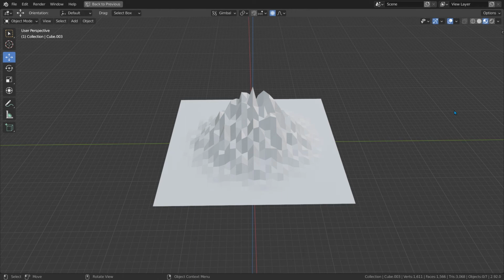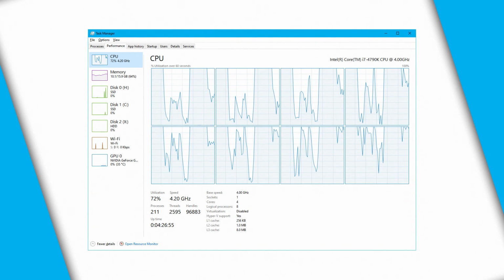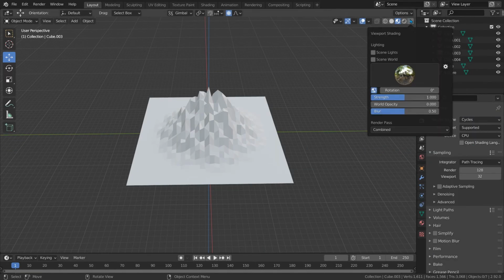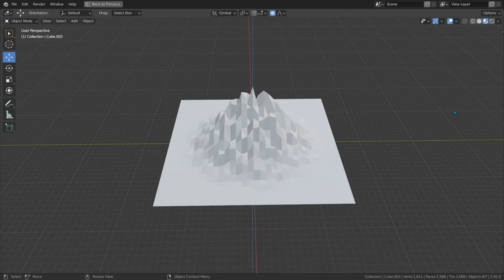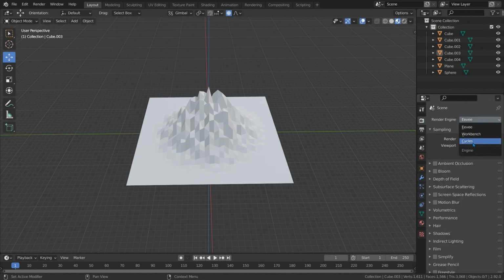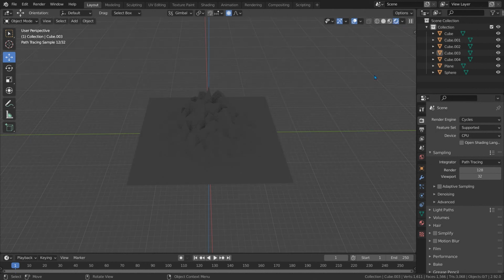We currently have the Eevee render engine selected, but we can change that. However, before you do, please note that the Cycles engine is very resource intensive on your computer. If you have a slow computer, it might make yours very slow. Turning mine on will cause all my fans to spin faster, as you might be able to hear in the background. We can turn it on by resetting the 3D viewport with Control Spacebar and go into the Property Editor, clicking this Render tab, and changing our render engine to Cycles. This gives us a good preview of what our final render will look like if we decided to use Cycles for our final renderer. I'll undo all that for now.